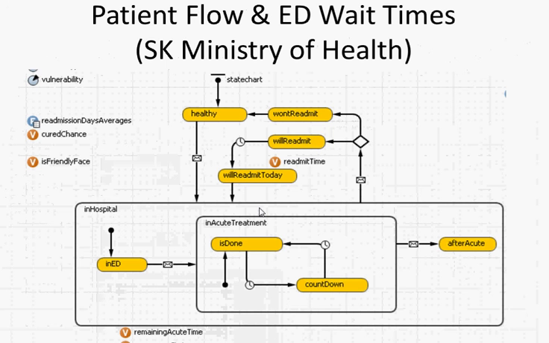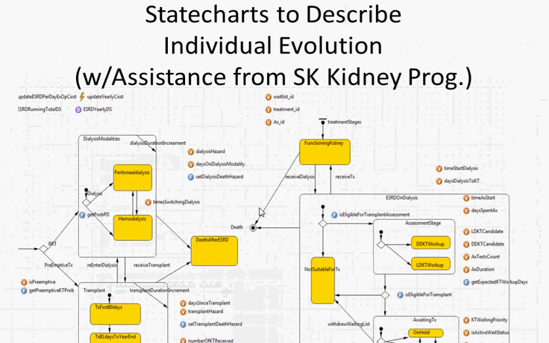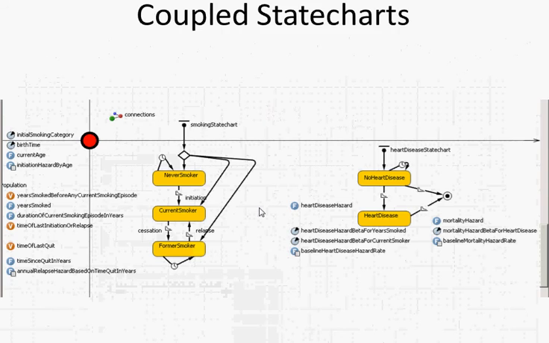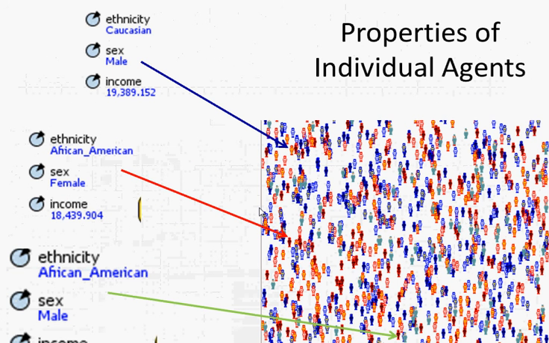So a chart like this, for example, that Kurt created as part of his individual-based modeling for the Ministry of Health project, is something that with a little bit of exposure, you could start to understand what is associated with different elements of this, what the possible states are, what the transitions are between them. And this is far from perfect. We think it can be improved greatly, but it's a lot better than computer code. It's a lot better than just looking at code in Java or what have you to actually implement it. This is from our Saskatchewan model on diabetic end-stage renal disease. And I have to say